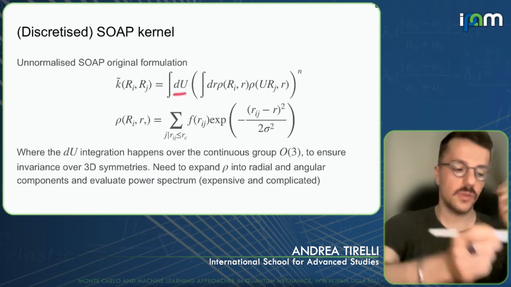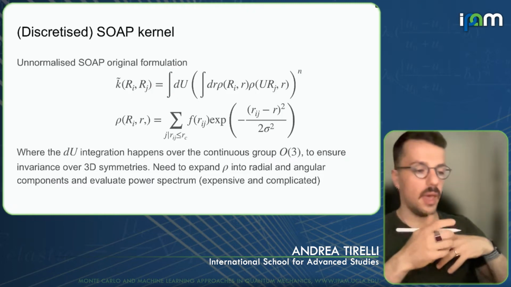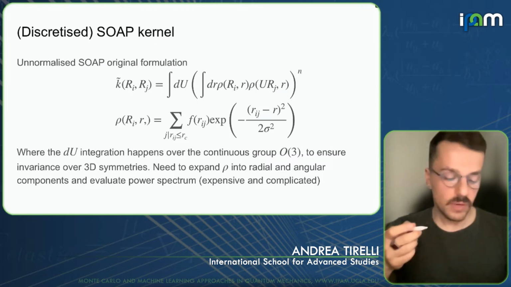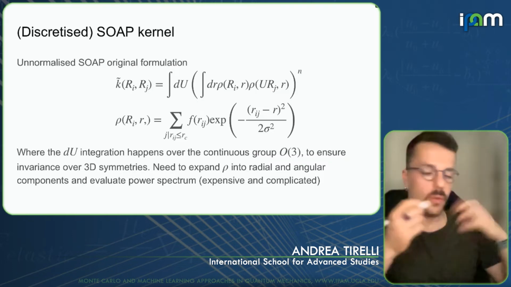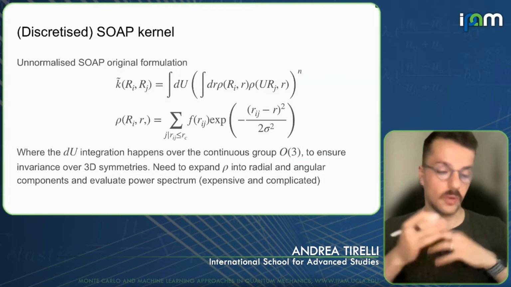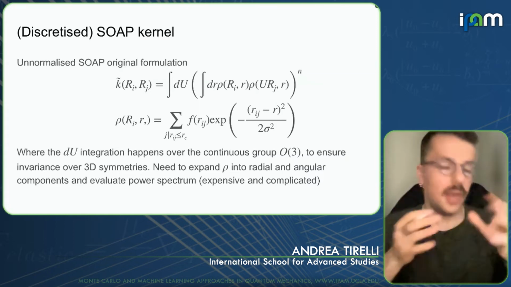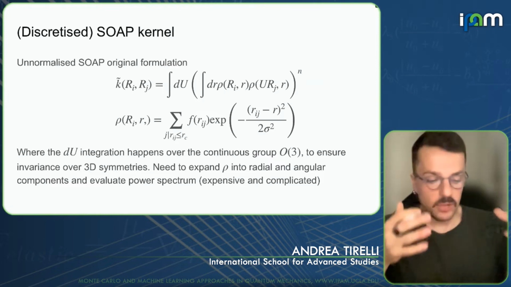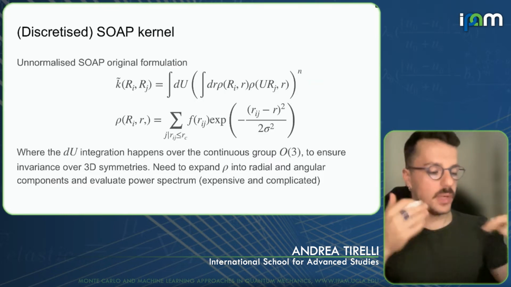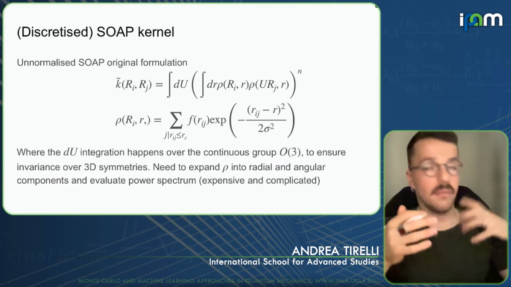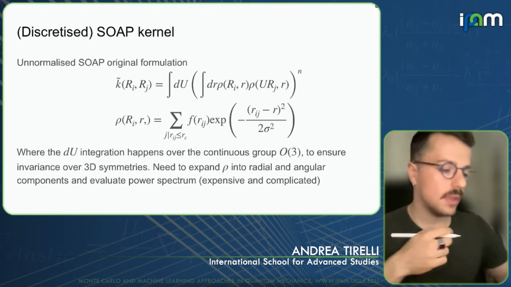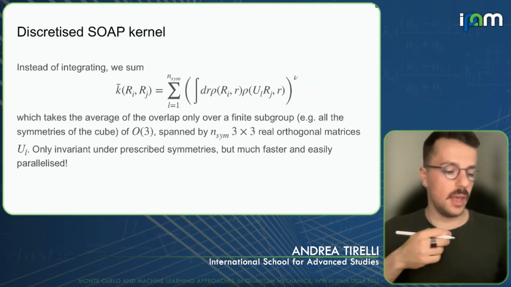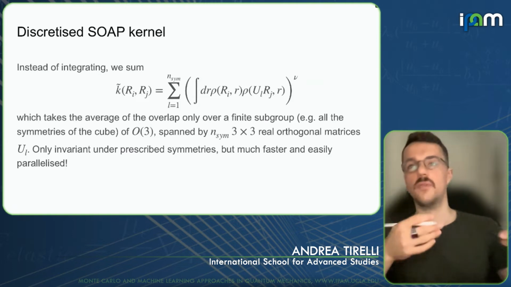The point is that we have to integrate over a continuous group, and this is non-trivial and requires a lot of calculations, which are expensive. And to be honest, I don't really know much of those calculations. So what we decided to do is to take a discretized SOAP kernel, and you see that this formula here